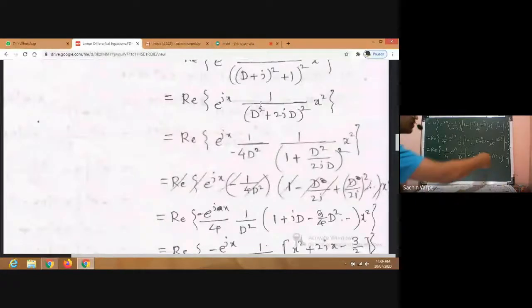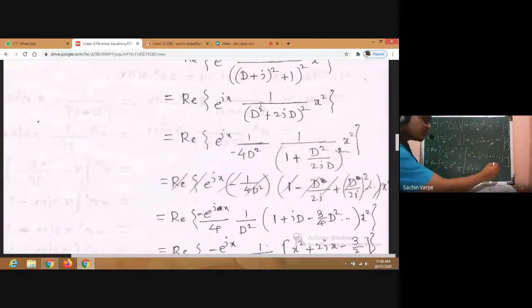Okay, so first I will simplify this. Please check the calculations. Minus 1 by 4 e raised to ix, 1 upon d of x square plus 2ix. I am writing this first. Then this is 1 upon 2 minus 2. How much will 1 upon 2 minus 2 be? So that will be 1 minus 4 by 2. 1 minus 4 by 2 is minus 3 by 2. 1 minus 4 will be minus 3 upon 2. Please check.